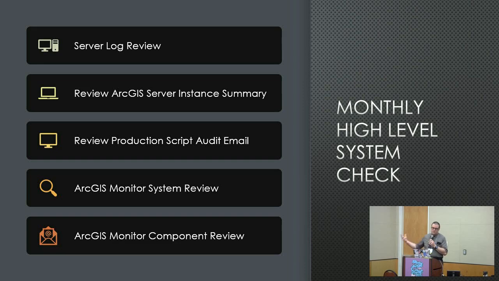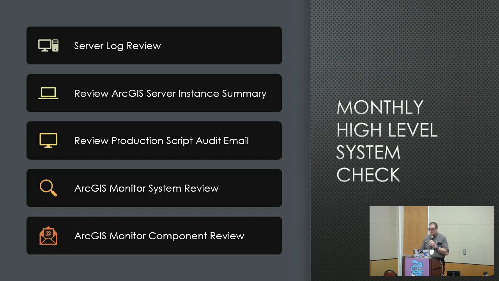Instance summary, so this is related to RAM, so we're seeing how many services we have out there and how much RAM they're consuming, so we can tune anything down if we need to. And then we actually wrote a Python script that sends us an email if our scripts are running. The problem was nobody was reading that email. So now we have it in the monthly system that at least once a month we're reading that email. And then ArcGIS system monitor, we review some of the metrics that it gathers for us about the